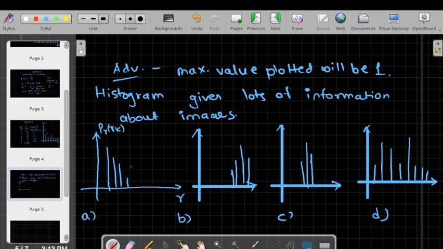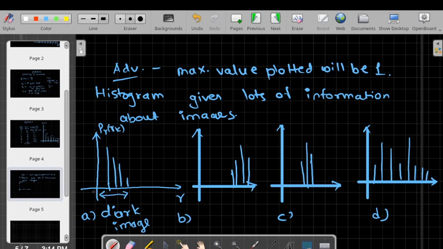If we observe histogram A, the number of pixels of the image are concentrated towards the dark side of the gray level. That's why we can say that histogram A is of a dark image. So histogram A belongs to a dark image since all the pixels are towards the dark side of the